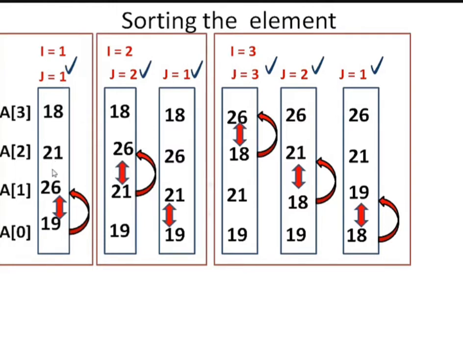So how the exchange mechanism takes place, let me explain that to you. Let me take these two elements. Initially, A of j was 19 and A of j minus 1 was 26. After interchange, it has changed. So I'll take another variable temp. Temp will receive the value of A of j. Temp is equal to A of j. It goes to here. A of j is equal to A of j minus 1. And A of j minus 1 is equal to temp.